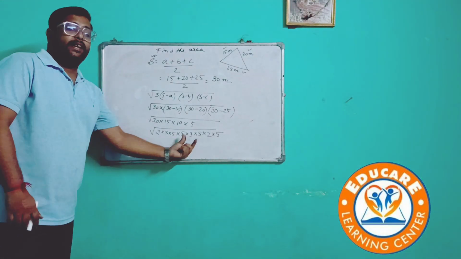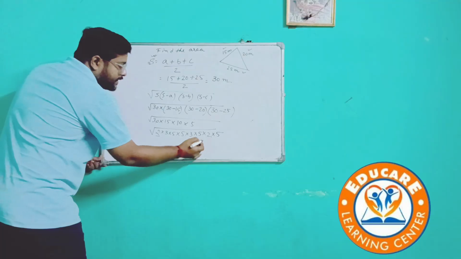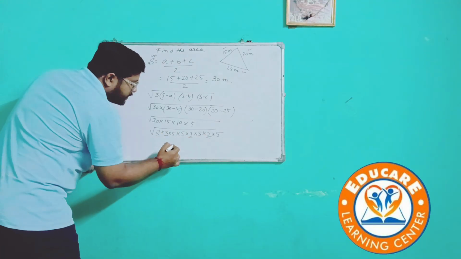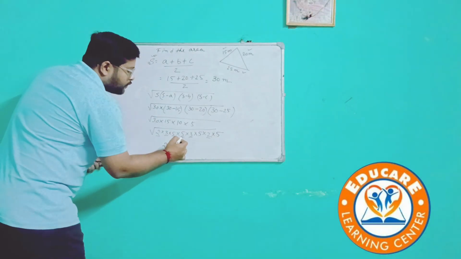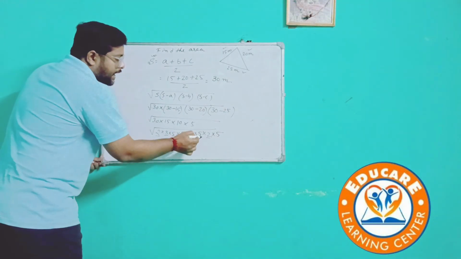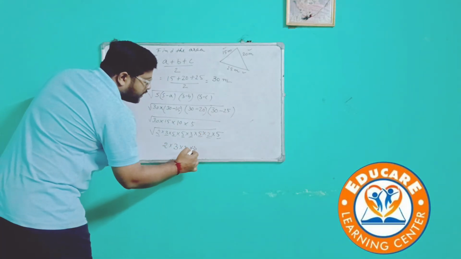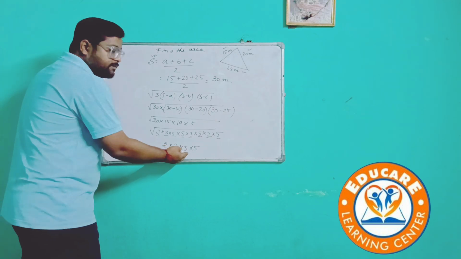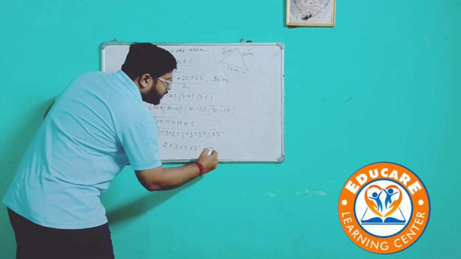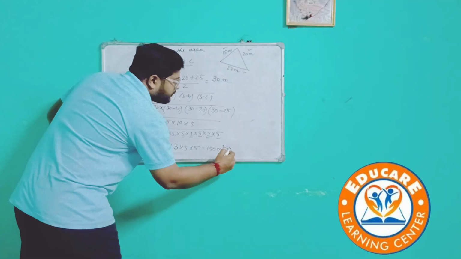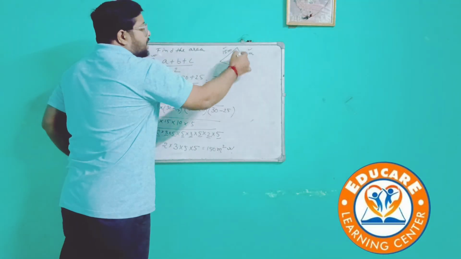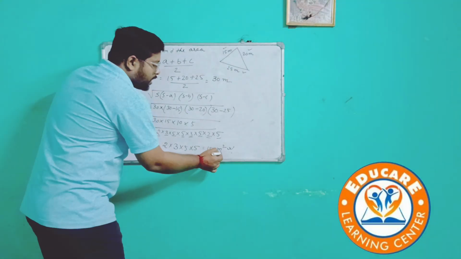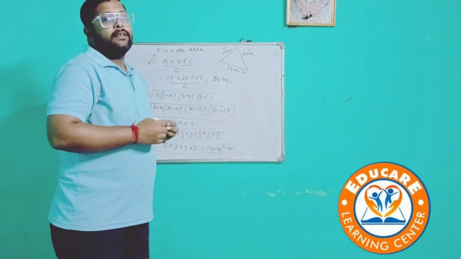Now you need to take pairs. As we can see, 2 is here and 2 is here, so we take one 2. We have 3 and 3, so again one 3. There is 5 and 5, and another 5 and 5, so from these we take 5 and 5. All the pairings are complete. Now we need to multiply this: 2 times 3 is 6, 6 times 5 is 30, and 30 times 5 is 150 meter square, and this is our final answer. So the area of this triangle, with sides 15 meter, 20 meter and 25 meter, is 150 meter square. Done.